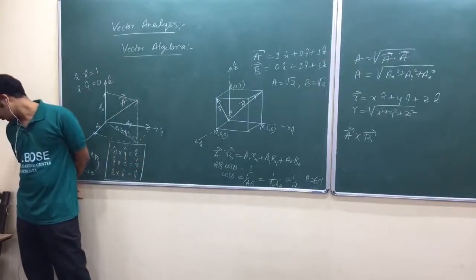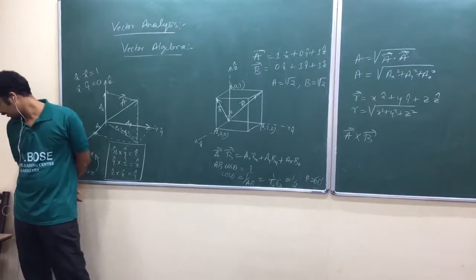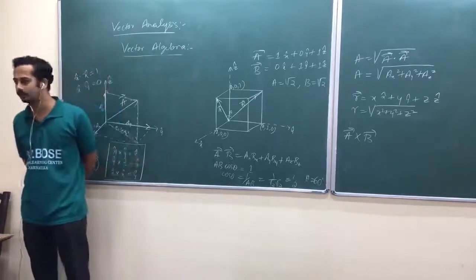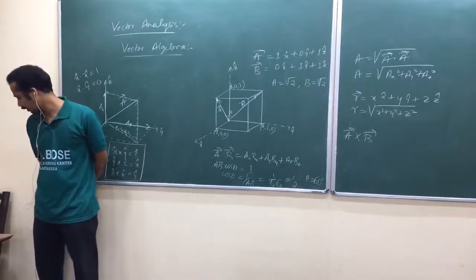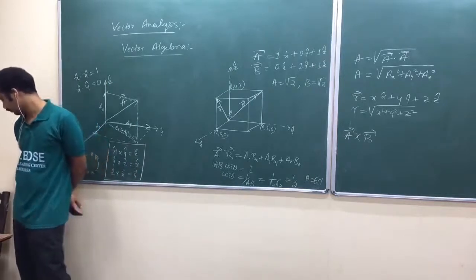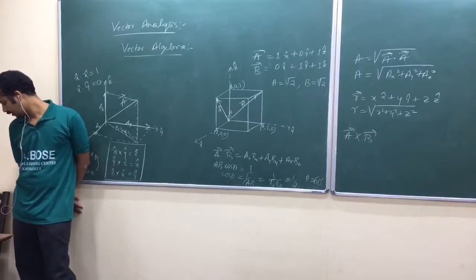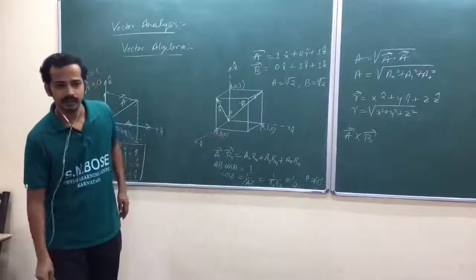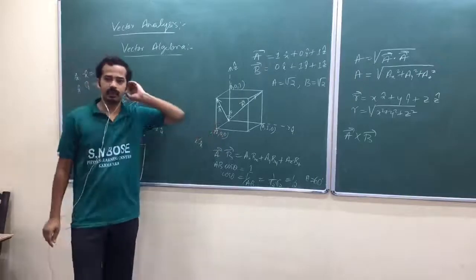Now, problem number 1.3, let me not solve that outside problem. You try it yourself, okay? Let me solve it later if you feel difficulty. Problem number 1.3 and 1.4. 1.3 is find the angle between body diagonals of the cube. But there will be two angles, am I right?